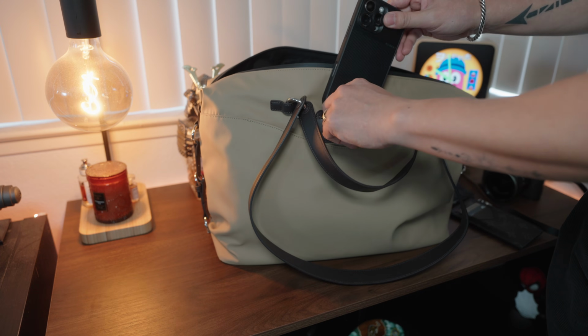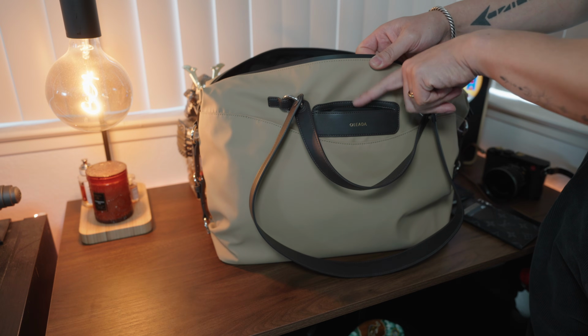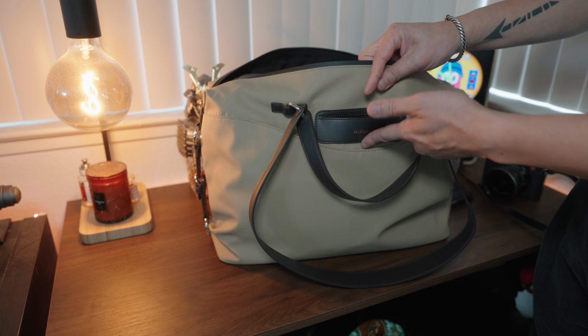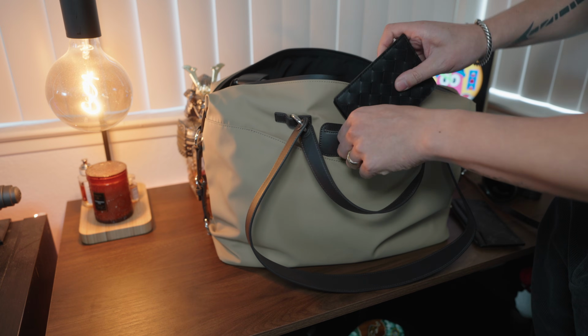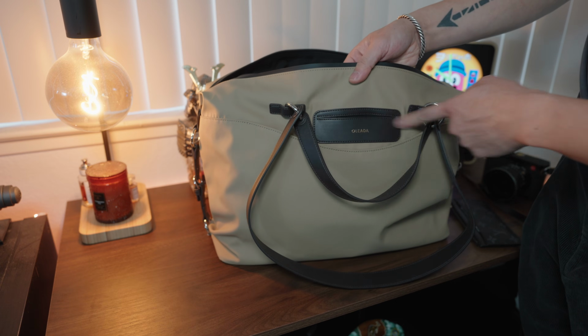Inside is actually a pocket. So the depth of the pocket, I've got my iPhone 16 Pro Max here just for testing, goes mostly the depth. I would say passport, wallet, this is probably where I would put that if I was traveling, and then I would carry it with the logo facing in so no one has access to my passport or important documents. I always enjoy a compartment like this on any of my travel bags. Makes life a lot easier when you're moving through customs, moving through an airport. You can just quickly grab your things, but you know while you're in transit, it's relatively safe because it's close